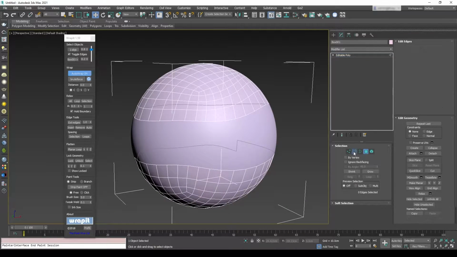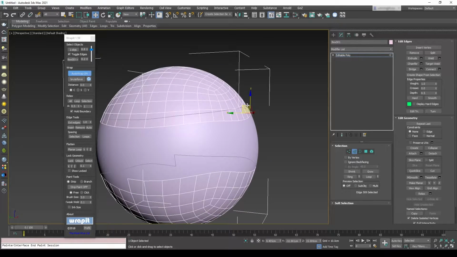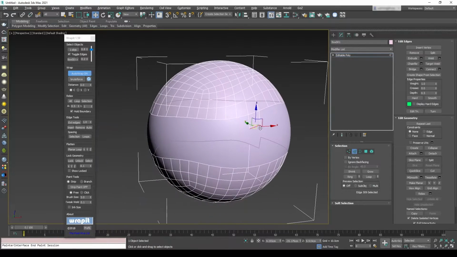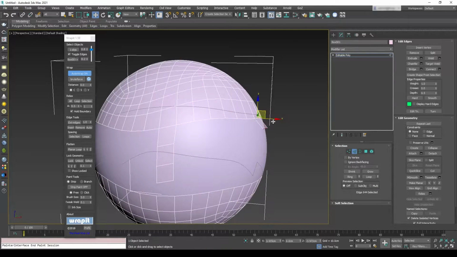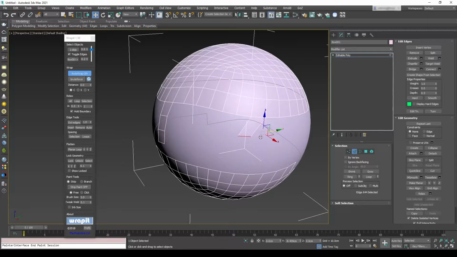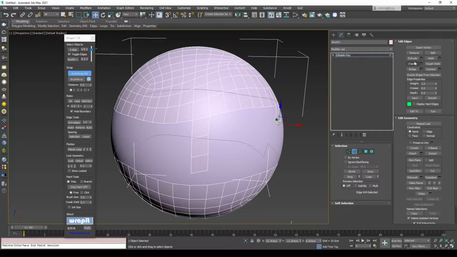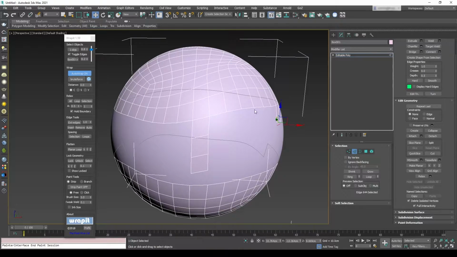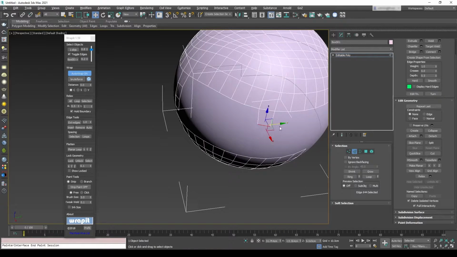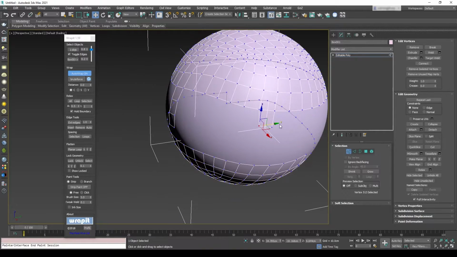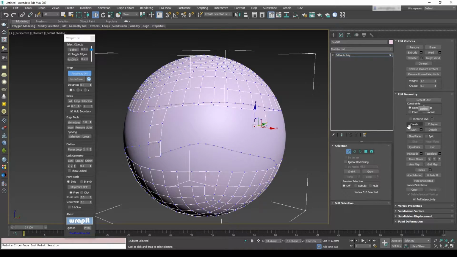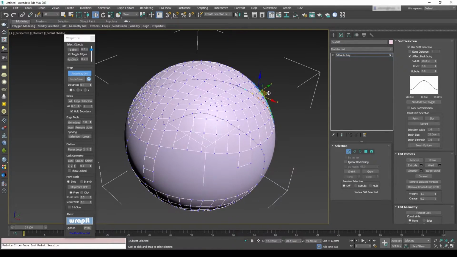An example of that may be if we were to select an edge and shift extrude that edge, you'll see that it's going to snap to the surface. If I pull it right here, it always snaps back and stays on the surface. Anything you can really do in here will update and snap. So in that respect, Wrapit's not really adding a load of extra tools, certainly at its most basic level, but it is allowing you to use the tools that you're familiar with. Soft selections, you'll move things with a soft selection